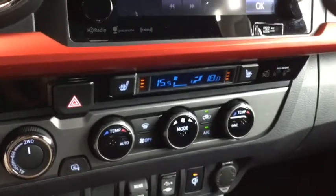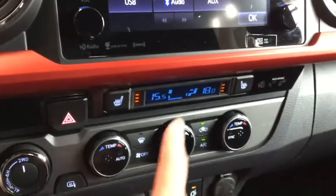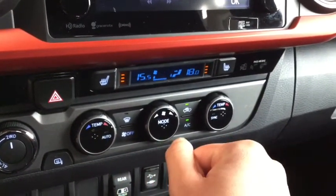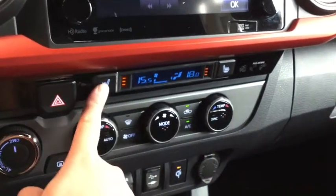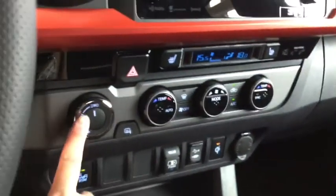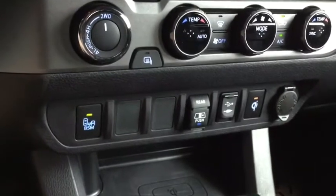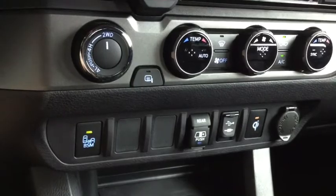Below here, you have your dual zone climate control, so you can set a different temperature for both your driver and your passenger side. You can choose to sync it. You also have your electronic automatic climate control. You have your air conditioning. You have that digital display with your heated seats for both your driver and your passenger side. Of course, with your Tacoma, you need your 4x4 option. You also have your heated mirrors, as well as with your upgraded package, you have your blind spot monitor,